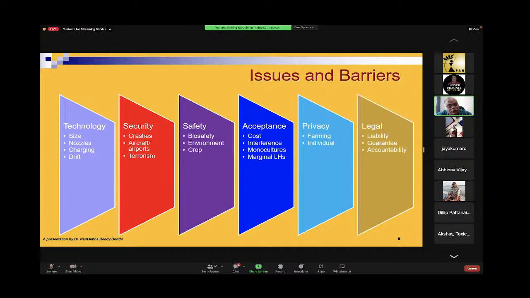और अहम होता है कि ड्रिफ्ट, टेक्नोलॉजी में क्या आपने को बोलते हैं कि ऊपर से बहुत स्प्रेइंग कर सकते हैं, लेकिन ये हवा में ज़्यादा निकल जाता, क्योंकि जो नेचुरल हवा आते रहता उससे पूरा पेस्टिसाइड जो स्प्रेइंग करते वो लोग हवा में जाता, जो क्रॉप पे आना है वो कम रहता। तो वो एक है। और ड्रोन का ऊपर जो फैंस रहते हैं वो डिपेंडिंग ऑन द टाइप के मुताबिक उससे भी ये ड्रिफ्ट बढ़ने का आशंका है। अब सिक्योरिटी के बारे में बात करें तो सिक्योरिटी बहुत इम्पोर्टेंट है।